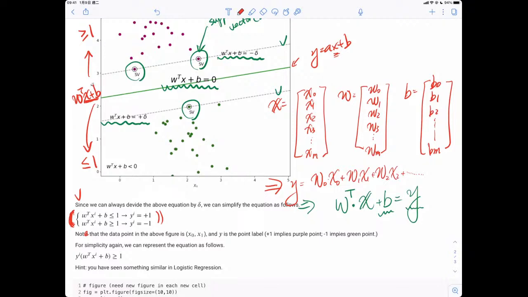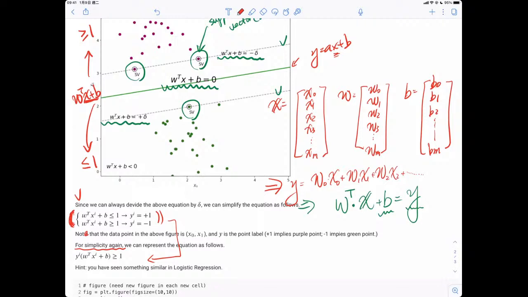Note that the data points in the above figure are x0 and x1, 就是注意哈，这个平面是没有 y 的，我们 y 是用颜色做 label。We use color to represent y. Actually, y is not on the surface. Okay. So for simplicity again, we can represent the above equations as follows. 就是你认真注意看哈，因为我们现在有两个不等式，两个不等式会导出不同的 y。可是你注意看，你把它前面乘以 yi，就是乘以那个 y 的值的时候，这两式刚好会是相等的。